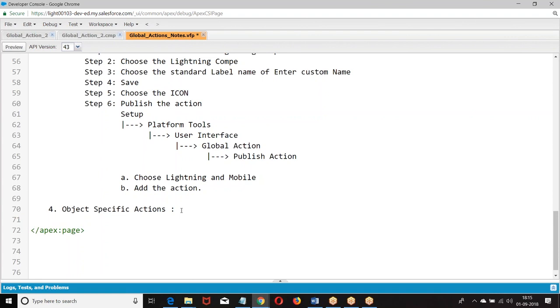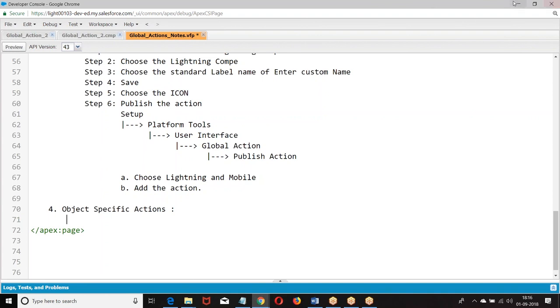If you want to create any new button, or you want to override any of the existing functionality, I can do it with a Visualforce page or a JavaScript. Overriding the standard functionality or building custom functionalities on the standard page is a concept. When I say object specific action, the same concept is available in Visualforce in the form of extensions.